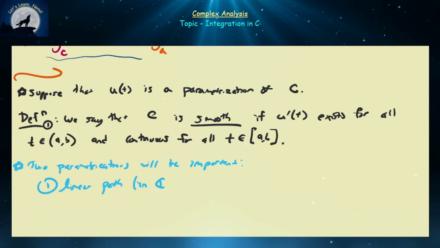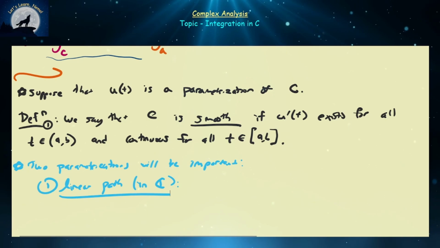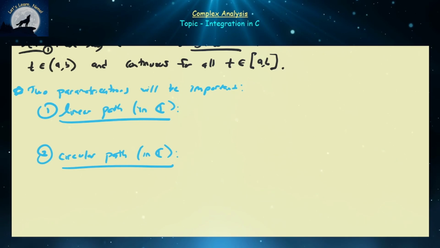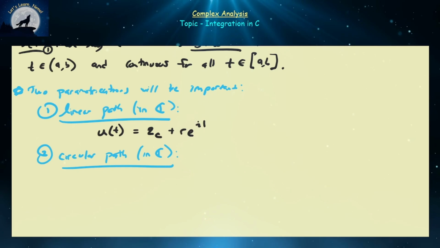And keep in mind, we're talking about linear paths in C. And the second path, you want to take a guess, this is going to have some curvature. These will be circular paths, and again, we're talking about circular paths in C. So how do you parametrize linear paths and how do you parametrize circular paths? Because you have to be very comfortable with these parametrizations. The parametrization for a circular path is one of many ways, going to be equal to u of t equals z of c plus r e to the it, where t is going to range from